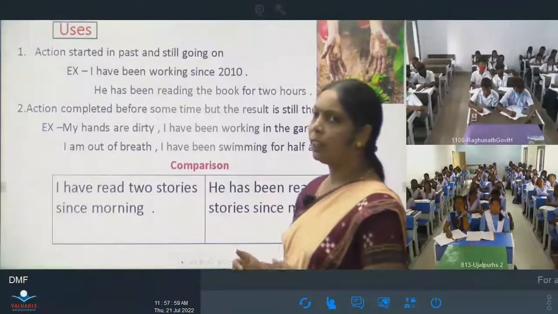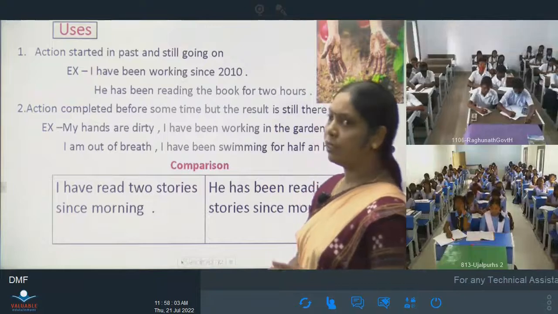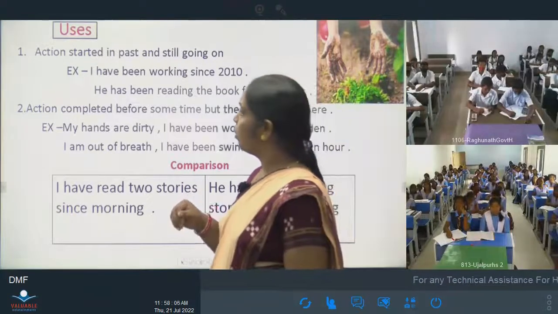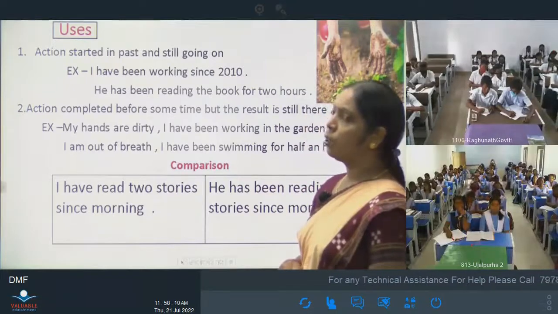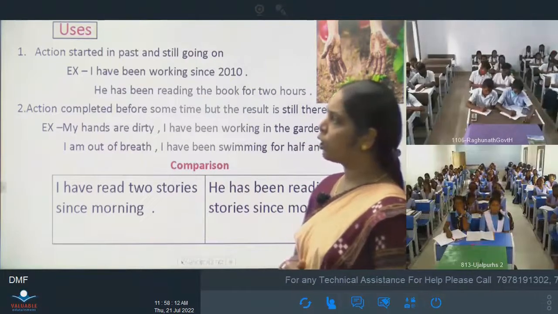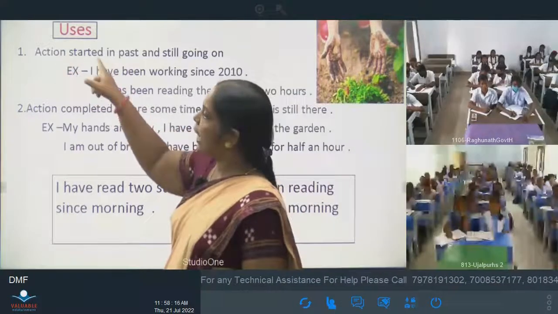Now let's see its use and example. Now, when we use present perfect progressive tense, we use it for an action started in the